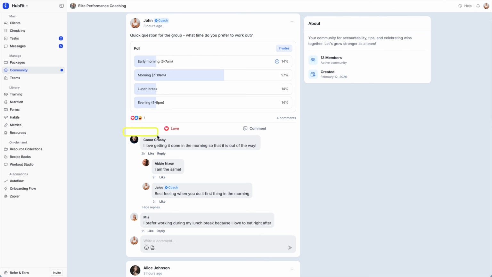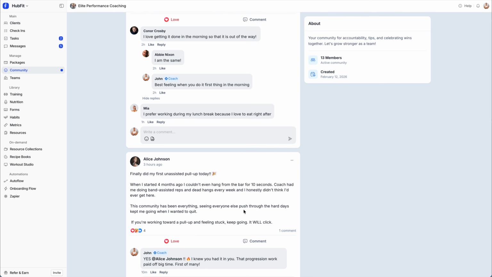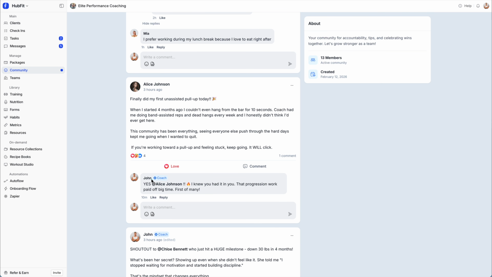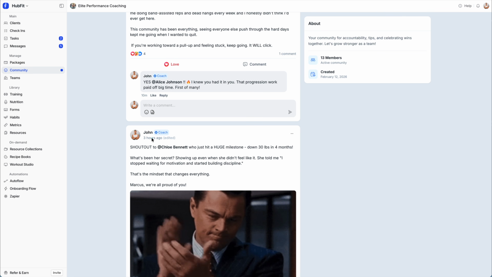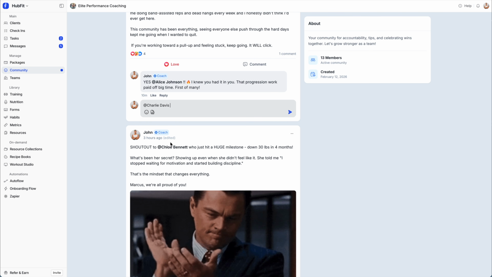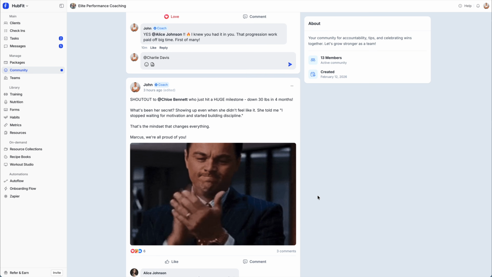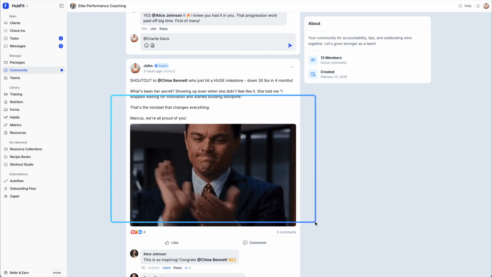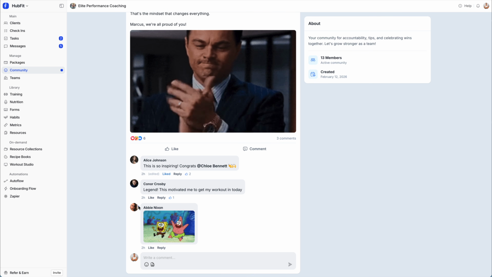Here you'll see the comments, and you can also have threaded reply. So for example, here is a threaded reply to this comment. Here you'll see we have another post. Here you'll see you can mention a user in a comment. You can also mention a user in a post. If I want to mention someone, I would just do the @ symbol, and then you can @ them and they'll get a notification. Here you'll see there's a GIF in this post, and here you'll see there's also a GIF